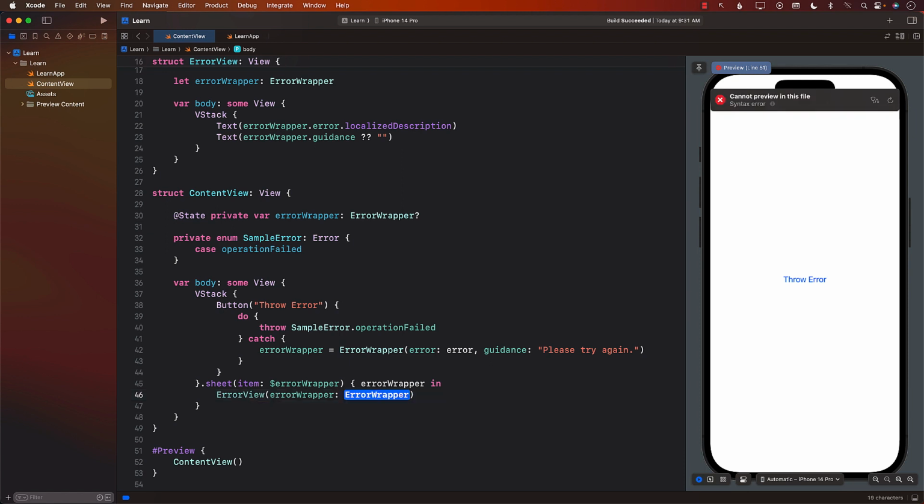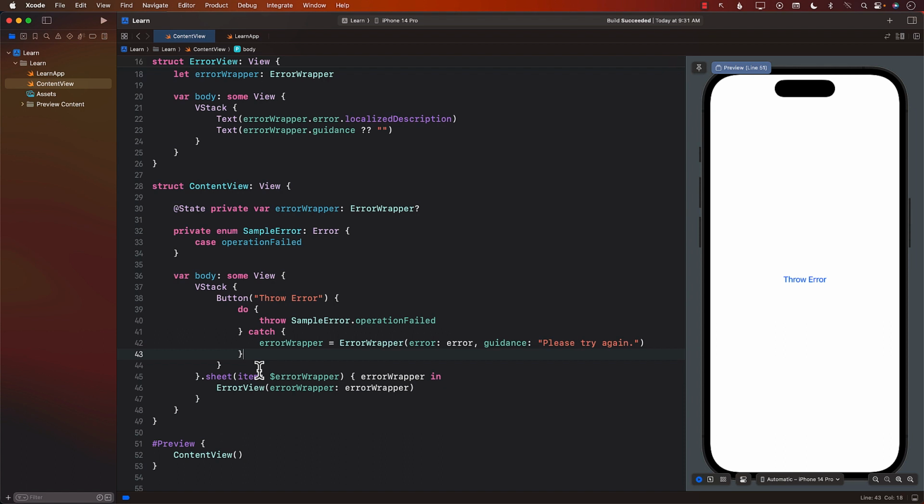I can call error view and pass in the error wrapper. It's not really going to change our look and feel. It's still going to be the same thing. Okay, so that's good. Now, everything works fine, but if I'm on a different page, like if I'm on a